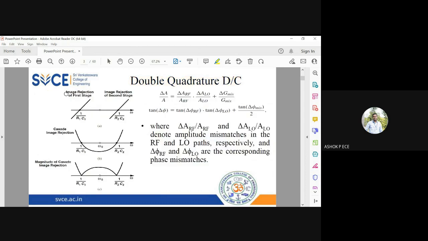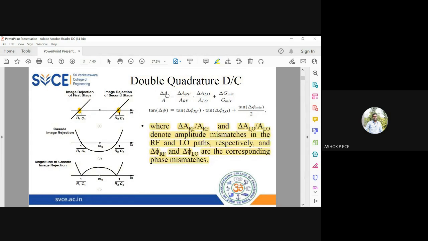So see here, image rejection of first stage, image rejection of second stage. When you do cascading, you can see the image rejection, and this is going to be the magnitude of cascading. At the desired frequency, you can see you have a peak amplitude. Otherwise, at the filtering frequencies, the image value is going to be 0. Okay, so this is going to be the image rejection characteristics,